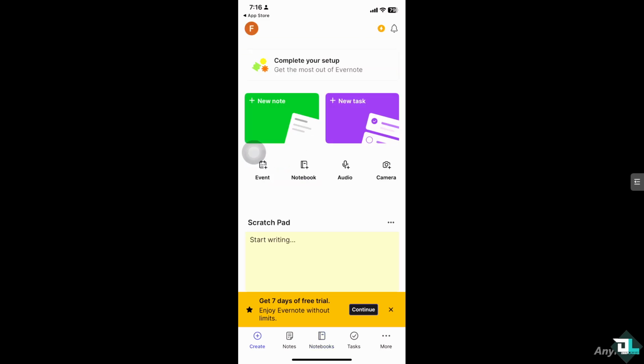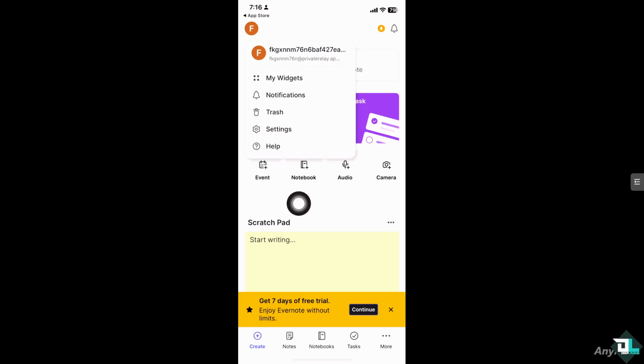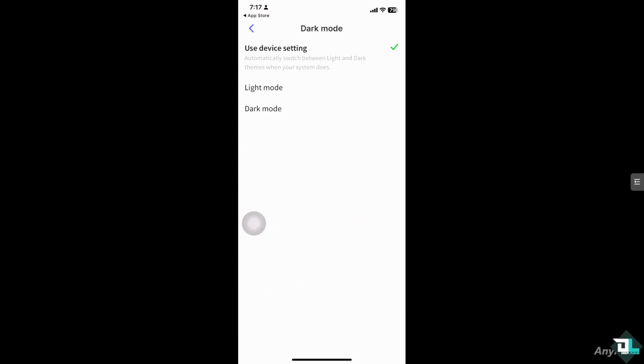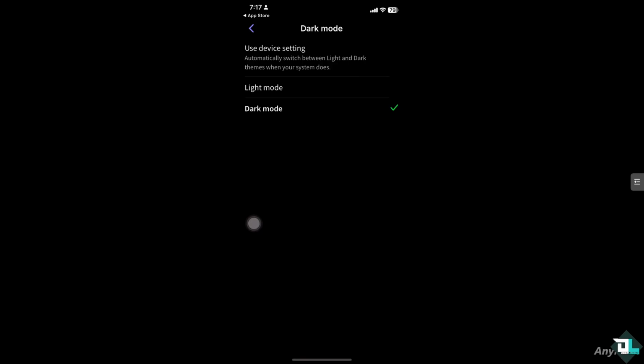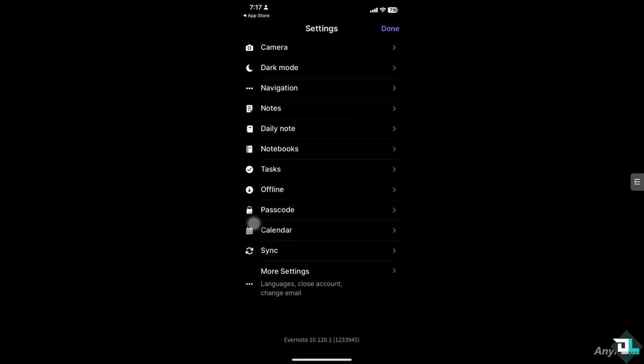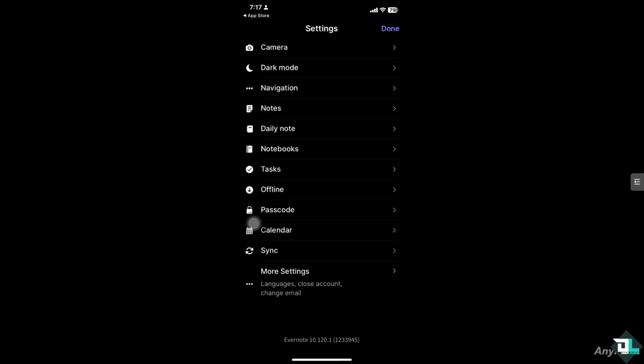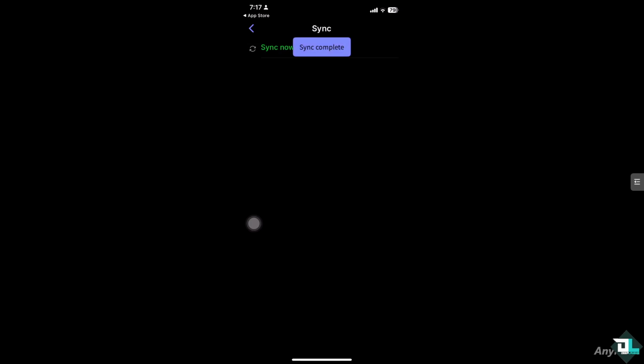If you go to the upper left corner where you can see your profile icon, there is where you can check the settings. The settings can have your option to work in a light mode or a dark mode, depending on your preferences. All right, on the offline section, if you wanted to work with Evernote, if you don't have like a Wi-Fi, or if you have a limitation with your mobile data, make sure this is turned on. This will download all your notebooks so you can work with it even if you don't have any mobile data or Wi-Fi. You want to make sure to click the sync options, because this will sync the